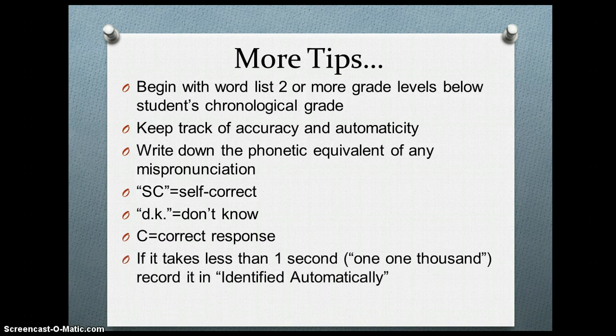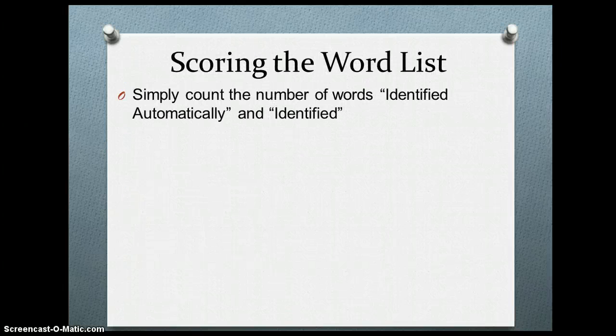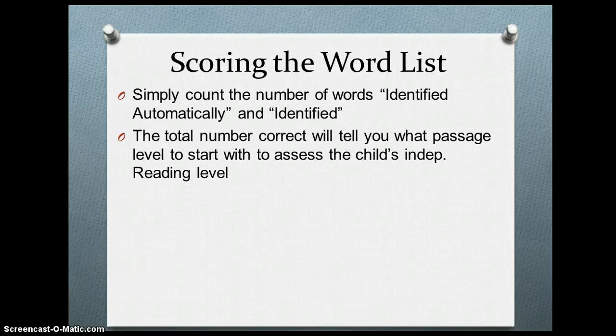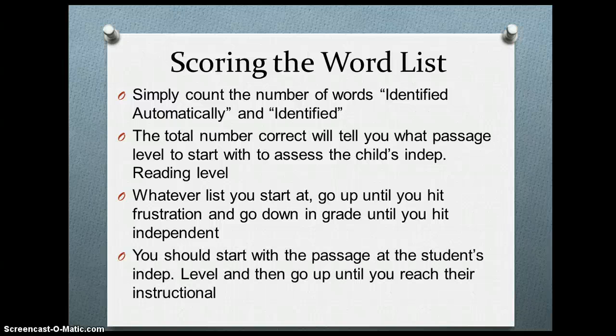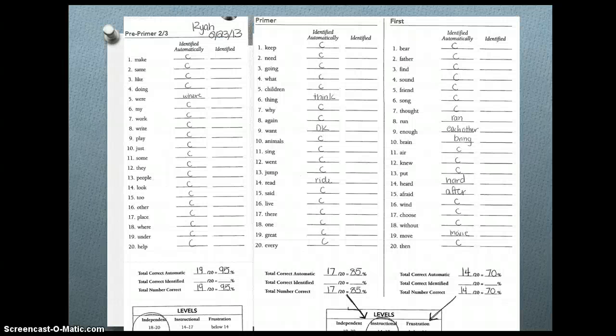If it takes less than 1 second, then it's identified automatically, and then page 44 has some samples. So all you do is count the number identified automatically, and then the ones that are just identified, and the total number correct will tell you what passage level to start with to assess their reading level. So whatever list you start at, you want to go up until you hit frustration and go down in grade until you hit independent. So you should start with the passage at the student's independent level